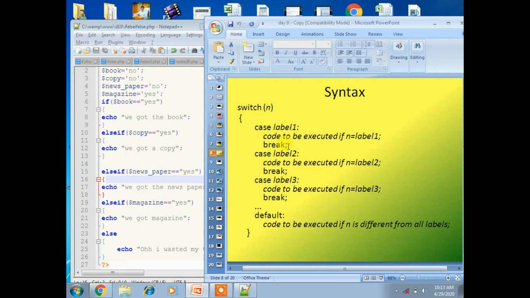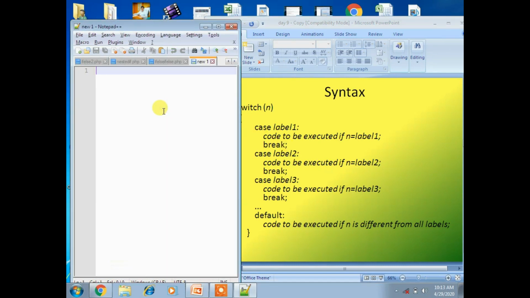So we'll see an example for the switch statement. I'll take a new notepad again.